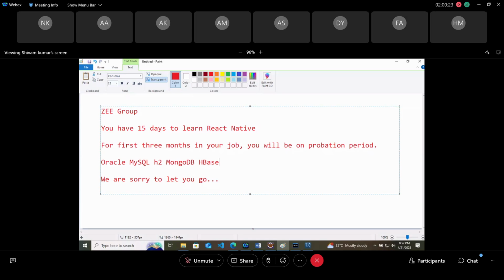I left TCS. I was a senior engineer there. I left TCS because they transferred me to Python. I said, no, I can't work with Python. I know Python, but I don't want to work with Python. I left. But you will not have a chance to leave, actually. I was senior, so they let me go. So be ready for challenges, right?